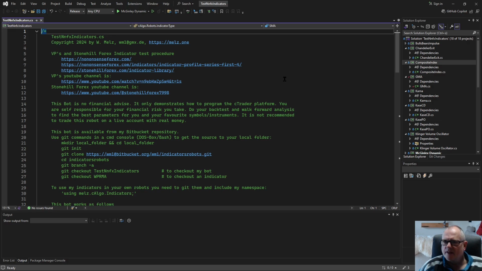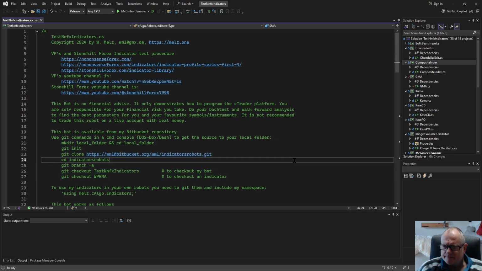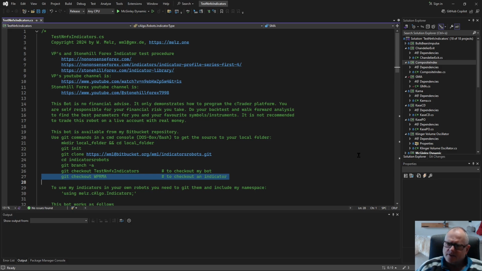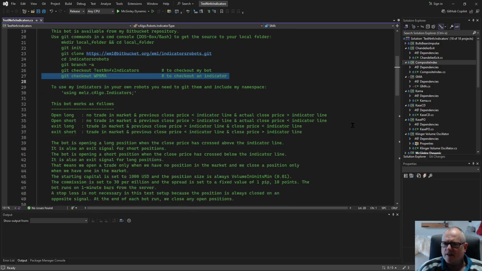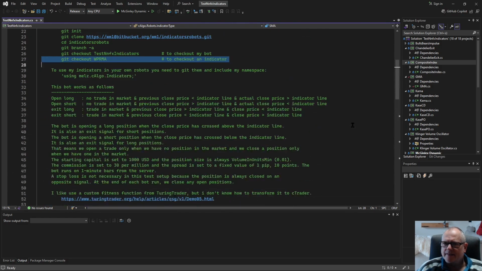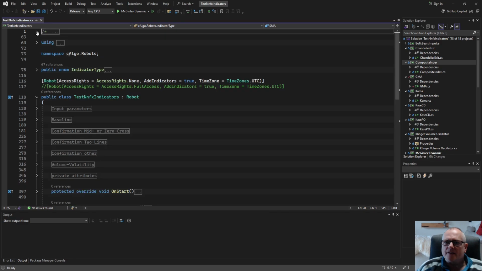we have the file name, my name, and here some information about where I get my inspiration from and how you can get this bot, download it from my Git repository, and if you need some indicators you don't find, you can also get indicators from my Git repository just by choosing the indicator name. So that is the header, the using,